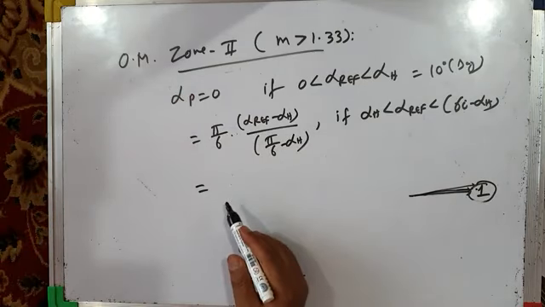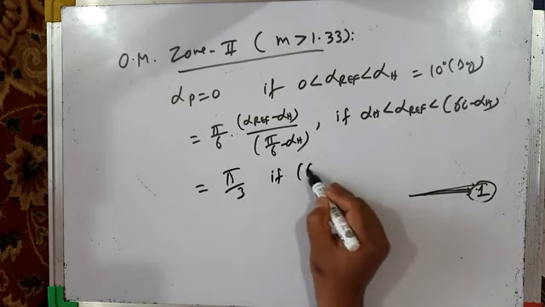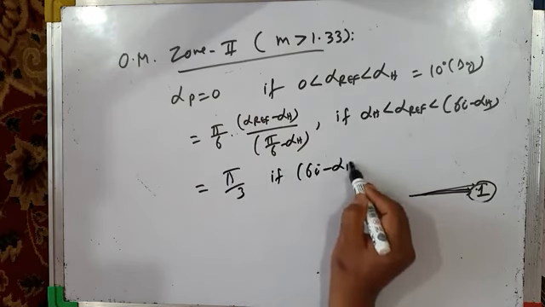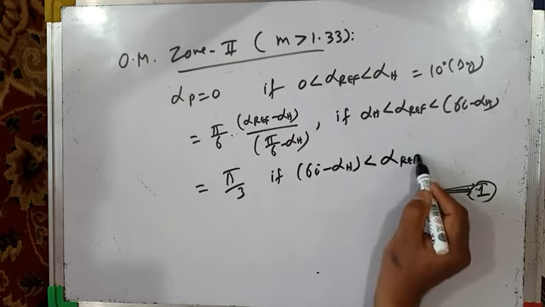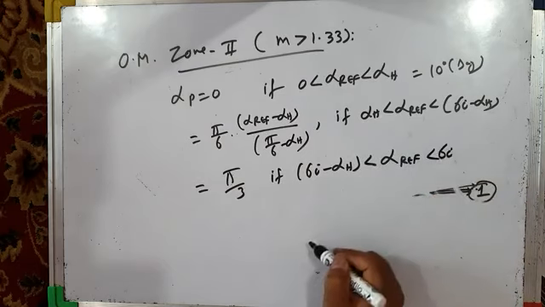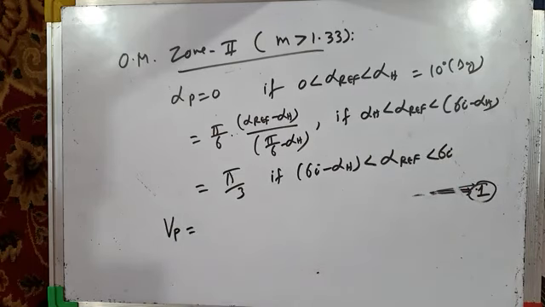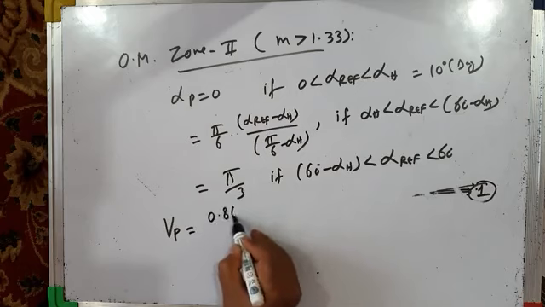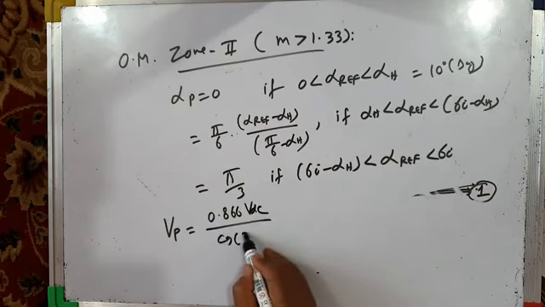And it is equal to pi by 3 if this is the case, 60 degrees minus alpha h is less than alpha ref less than 60 degrees. And the applied reference voltage vector is given by this formula, 0.866 VDC by cos of 30